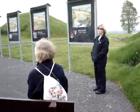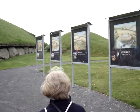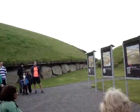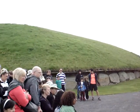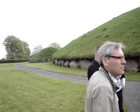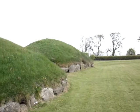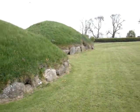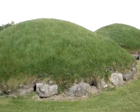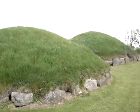Now this is actually a much bigger, much more complex site than Newgrange, and in 1962 the archaeologists started to excavate here, and the excavations continued for 40 years. And it was Professor George Eogan from University College Dublin that excavated this site. Now he found at least 12 different phases of activity, and the earliest evidence of activity dates from around 4000